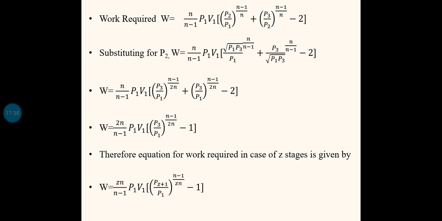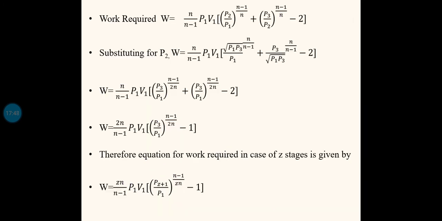Now we want to find the expression for the work requirement in the case of minimum work requirement, or perfect intercooling. So we will substitute this condition in the work required equation. The work required equation was n by (n minus 1) P1 V1 [(P2 by P1) all raised to (n minus 1) by n plus (P3 by P2) all raised to (n minus 1) by n minus 2]. This was the work required for two-stage compression with perfect intercooling. Now substituting P2 equal to root of P3 into P1, this equation becomes n by (n minus 1) P1 V1, and instead of P2 I have written root of P1 P3, divided by P1,